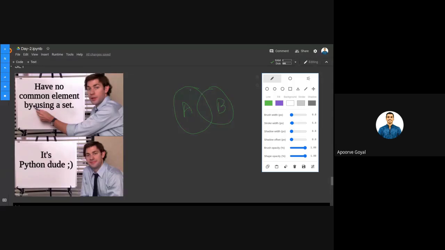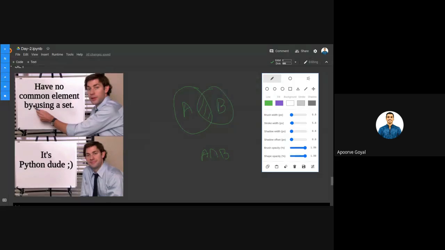Suppose there are two sets A and B, and you want to find the common elements in them, the intersection of A and B. So basically you want to find A intersection B. So here your set comes into play. Python provides set where you can use different functions such as union, intersection on different sets.